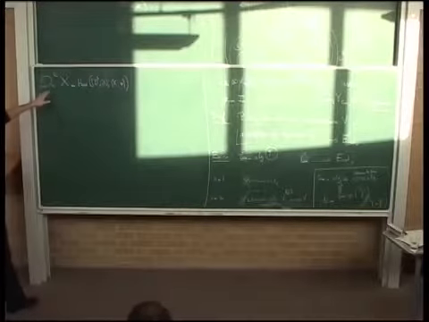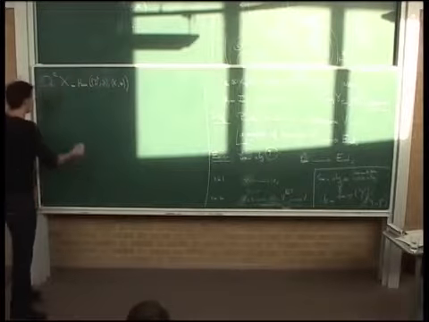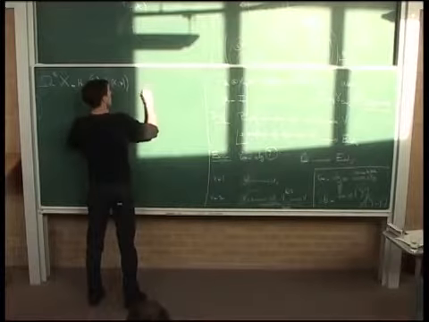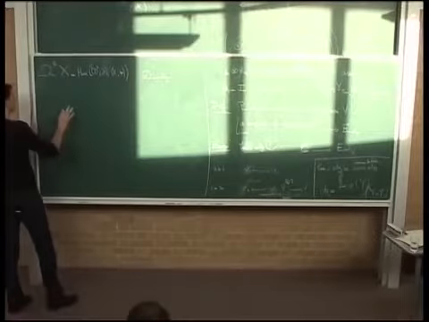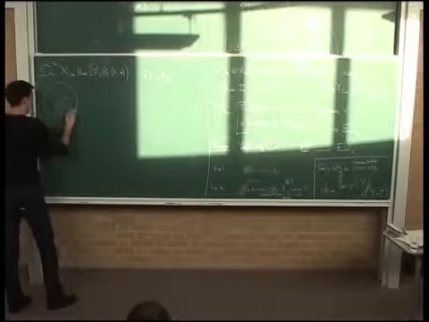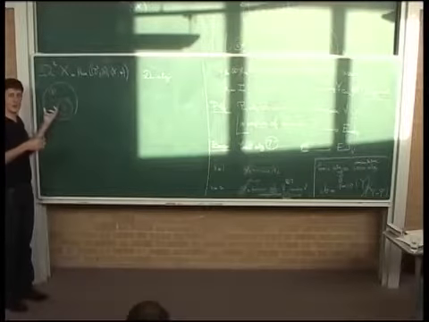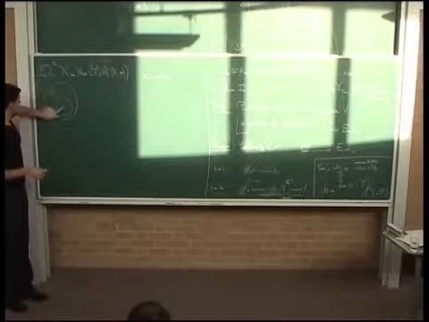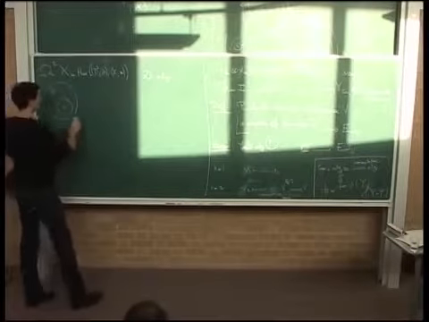And I claim that the little disks operad acts on any of such guys. How do you see that? I claim that you have an action of this. This is an example of a D algebra. The construction is quite easy. You start from a configuration like this. This is an element of the operad, and you can view this as an operation acting on these guys. Here we have 2, so this is an operation of arity 2. It should act on two double loop spaces.